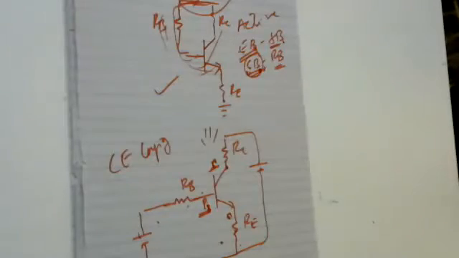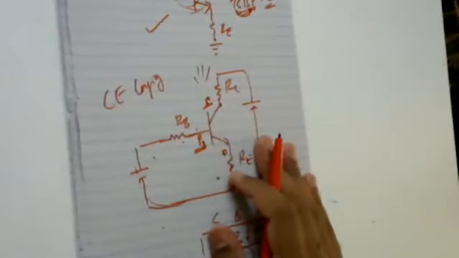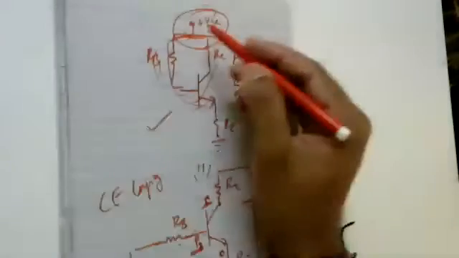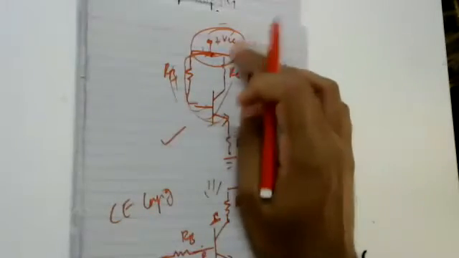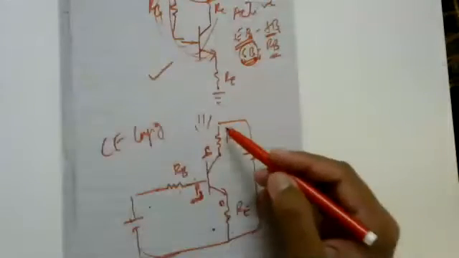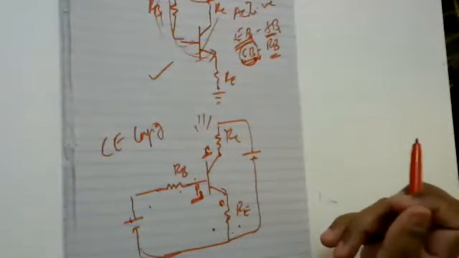So we were interacting about the representation of this configuration, wherein this VCC, what we are representing over here. The same thing I have represented in terms of this circuit. The same VCC is going to forward bias your base emitter junction, and the same VCC is going to reverse bias your collector to base junction. Is it clear to you?